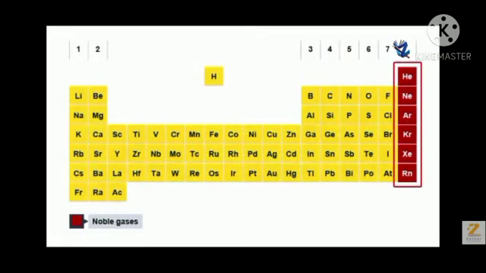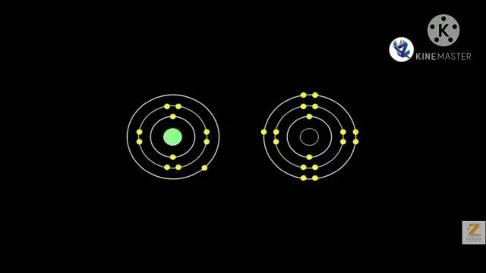Noble gases do not form any chemical bond as their electron octet or duplet is complete, while the atoms with incomplete electron octet or duplet form chemical bonds. The reason for this is that an atom uses its valence electrons during the formation of a chemical bond. Moreover, on forming chemical bonds equal to its valency, the atom attains the electronic configuration of a complete octet or duplet. There are two methods to attain the complete octet or duplet.